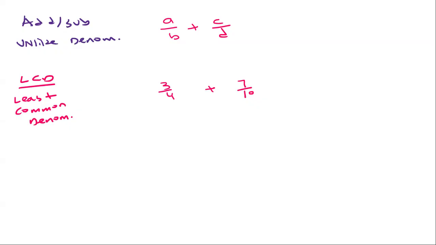Okay, so in this case, what's our LCD? We have 3/4 plus 7/10. What's going to be the LCD here? The least common would be 4, since it's the lower number. No. Oh, no. Remember, the 4 has to go into 10 evenly. Or I should say 10 goes into 4 evenly. And that's not the case, right? So yes, 20, right? 20 would be your least common denominator because,